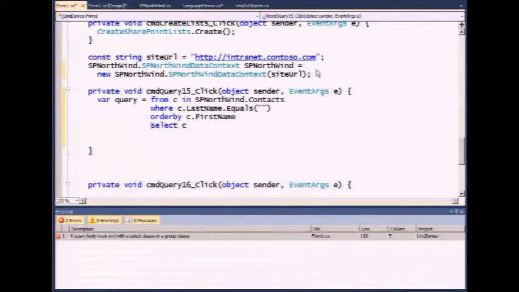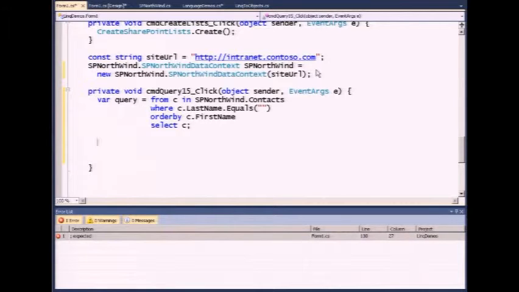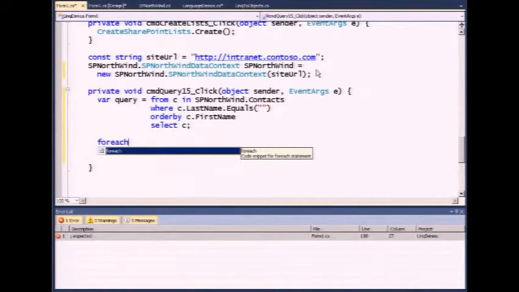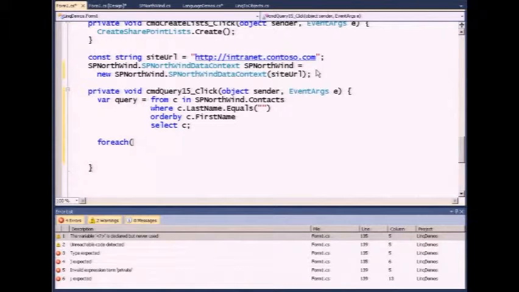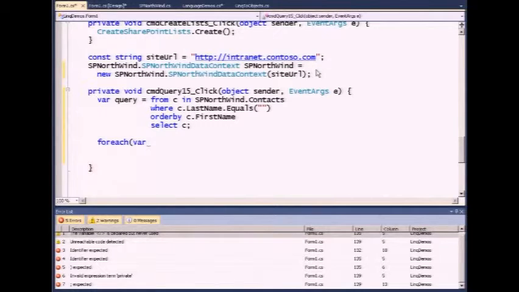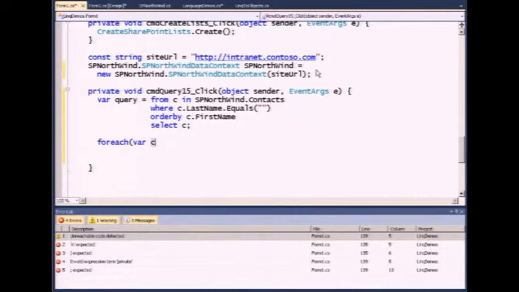Okay, so now that we have our LINQ statement written, let's say foreach, and I want to look at each particular contact. Once you start using LINQ, you really get a lot of motivation to use var. This is going to be a strongly typed variable. If I'm not really sure what it should be strongly typed to, that will be obvious. So if we say var c in query,